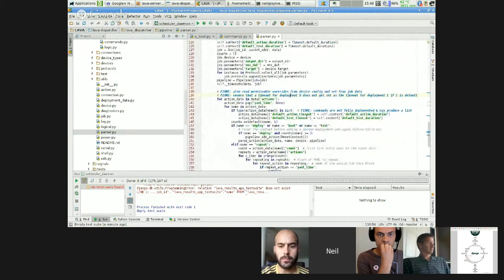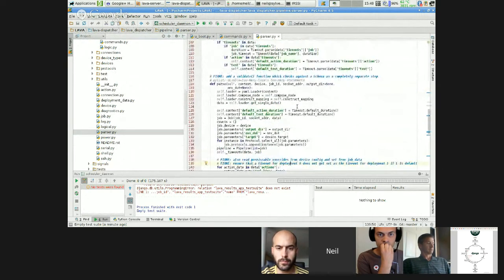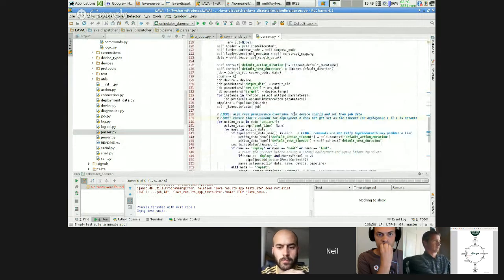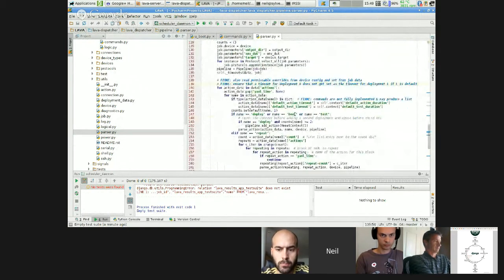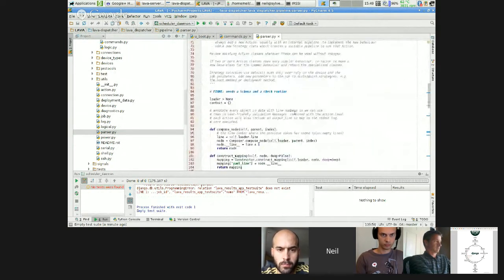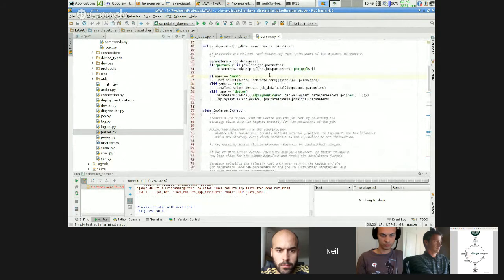And we work through each one, and we work out which classes are actually going to be built together to prepare. So if you've got a boot action, you'll come down to a boot select, test, and deploy will do the same thing on each of those levels. Now these are class methods. They work through the